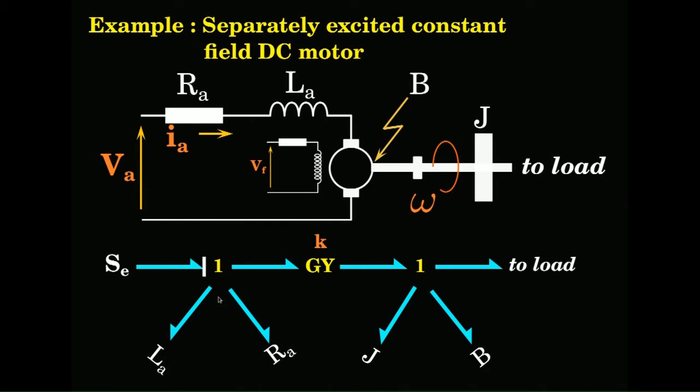So, you have one dynamic element here, LA, on the electrical side and another dynamic element, the inertial element J. So, we want to have a causality such that this is integral. The causality should be having an integral constitutive relationship. So, if I put the bar at the arrow end, then the relationship will be I, the inductor current, is equal to 1 by LA integral of effort across that port dt. So, I want the effect as current.